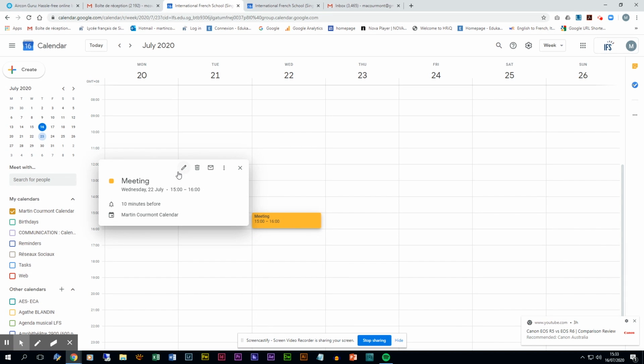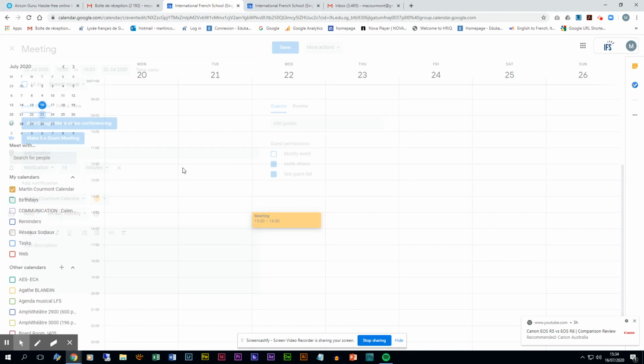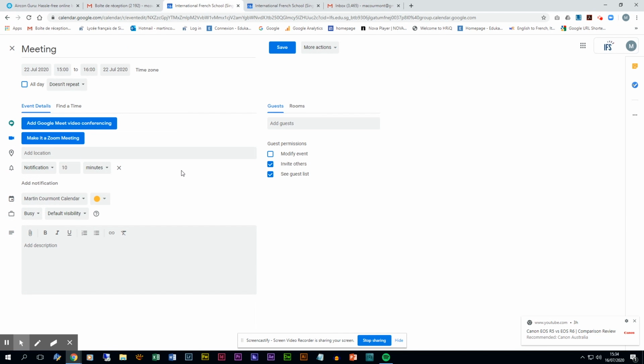But I will show you how to edit your event more precisely. When you are on this window, click on the small pen Edit, and it will bring you to this page. This page is your event. It has the same information that I showed you in the small window, but it gives you access to a few more functions.